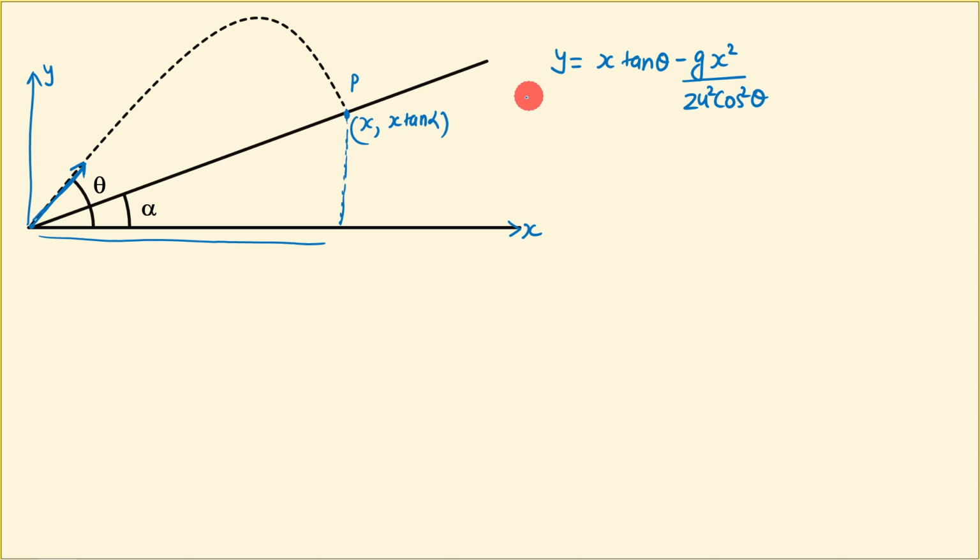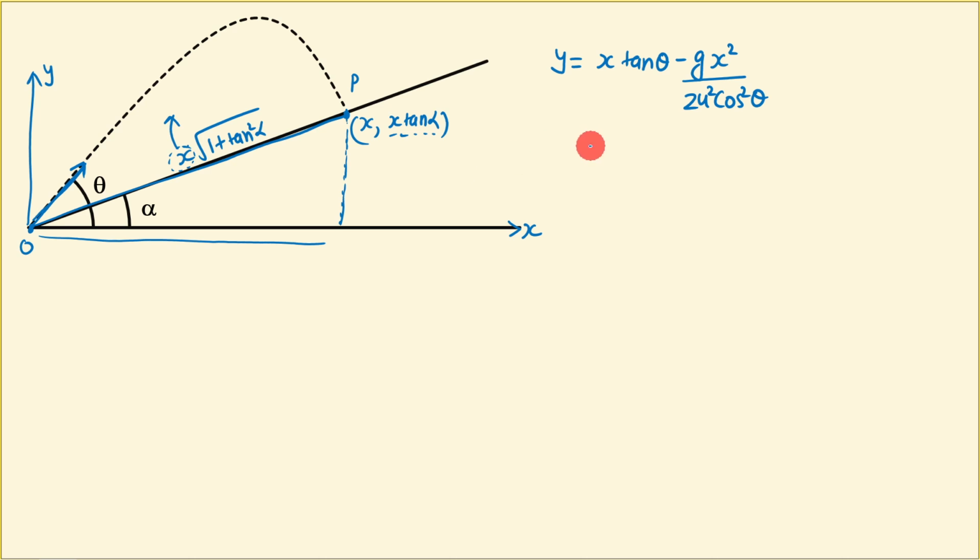If you put the value of y as x tan alpha, and you want to solve for the maximum distance between the origin and point P, the distance OP is going to be the square root of x square plus x square tan square alpha, which means this is going to be equal to x root of 1 plus tan square alpha. Here alpha is not variable, so if you want to determine the maximum value of OP, you want to solve for the maximum value of x, right?